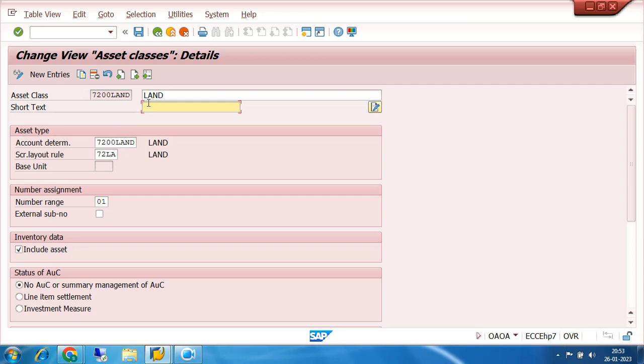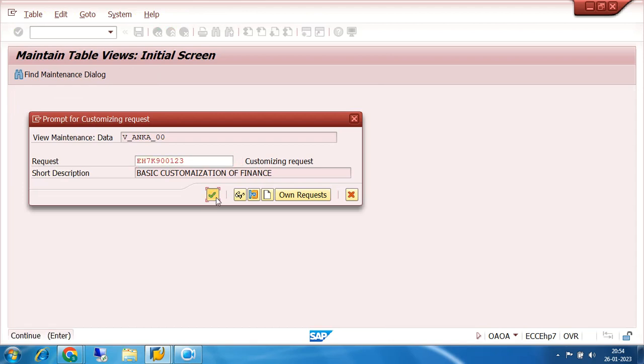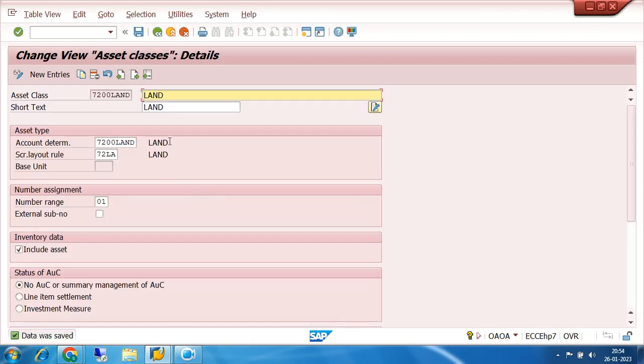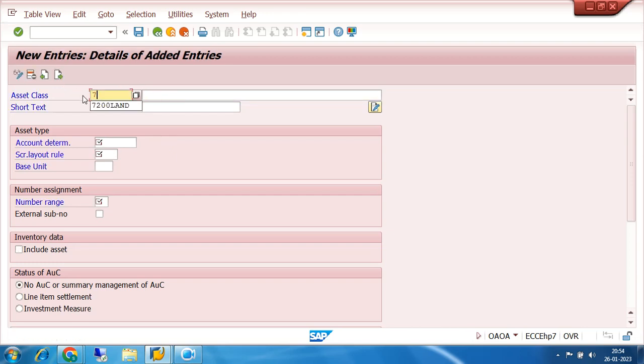Let us fill in the sort name also, otherwise it is not showing well, it is showing as gap. Give the same name to the sort name. Okay, so let us go to the next one. Next one I am putting here 7200 BUIL, that is 7200